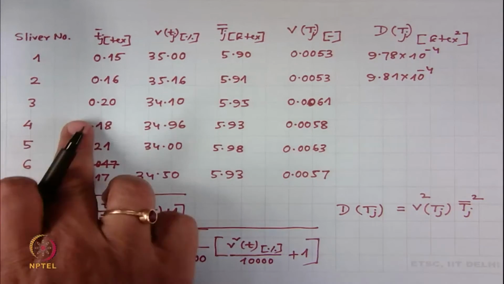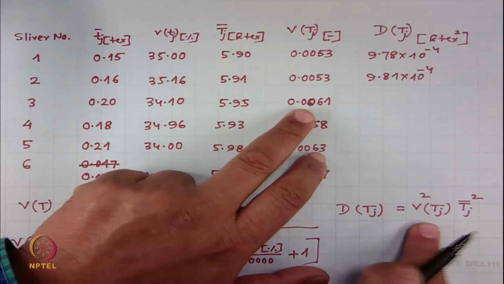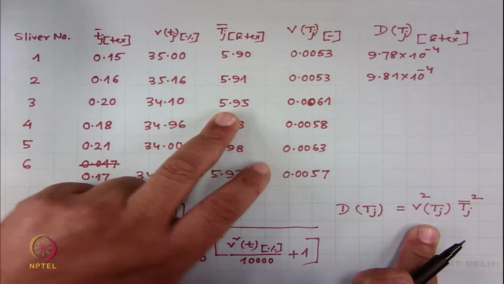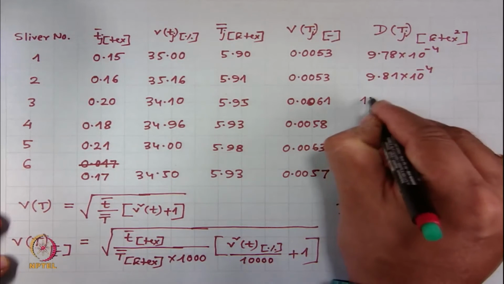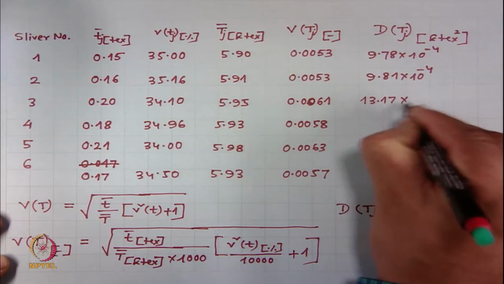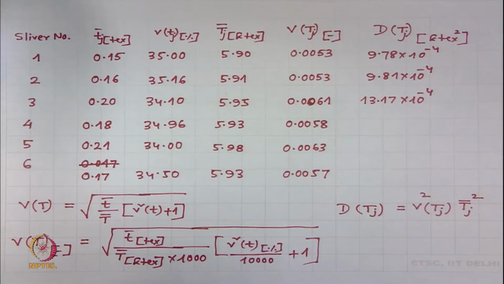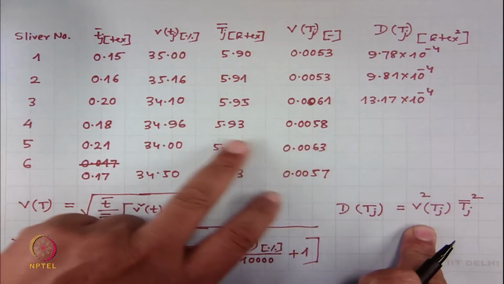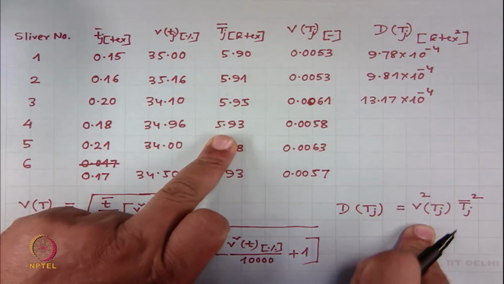For the third one, 0.0061 square multiplied by 5.95 square, you will get this value. For the fourth one, 0.0058 square multiplied by 5.93 square, which will lead to